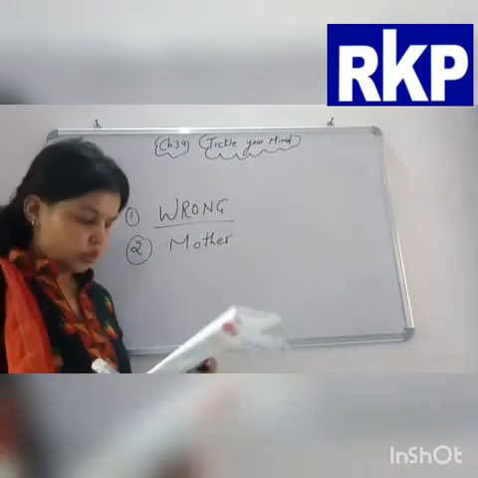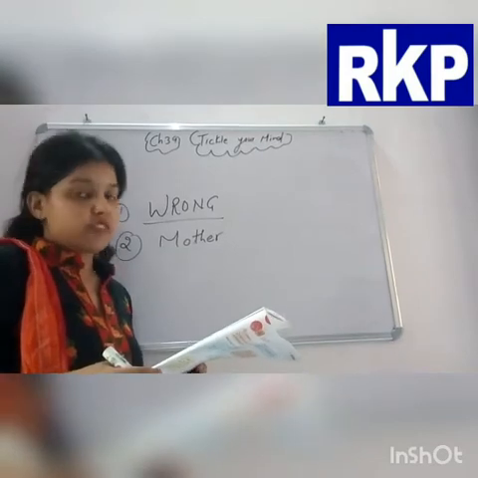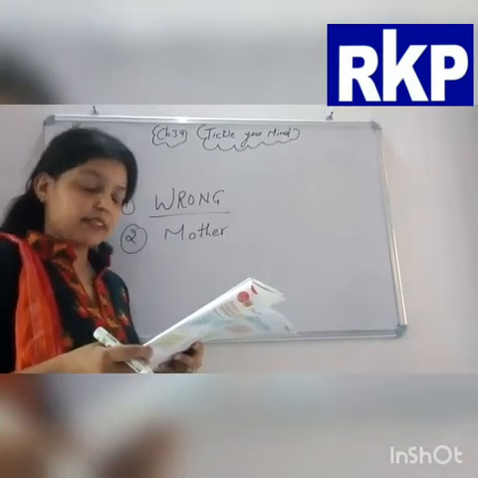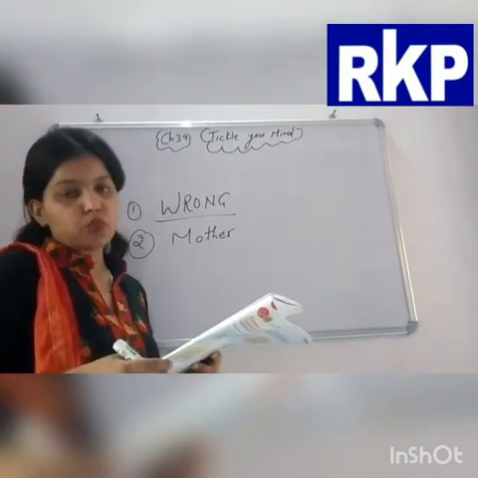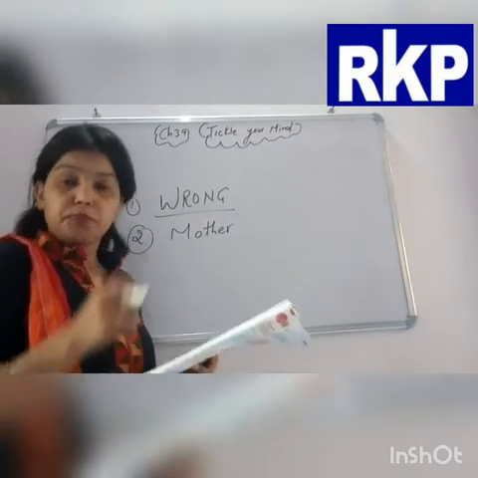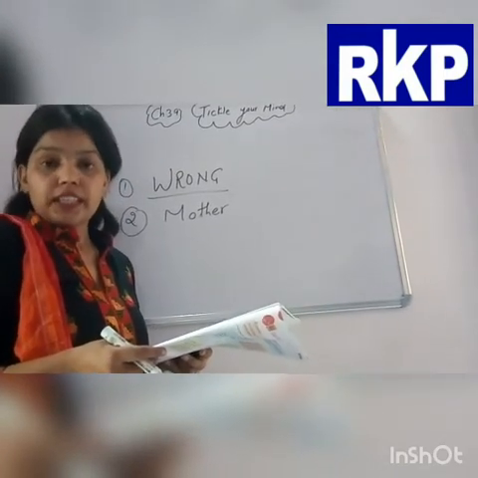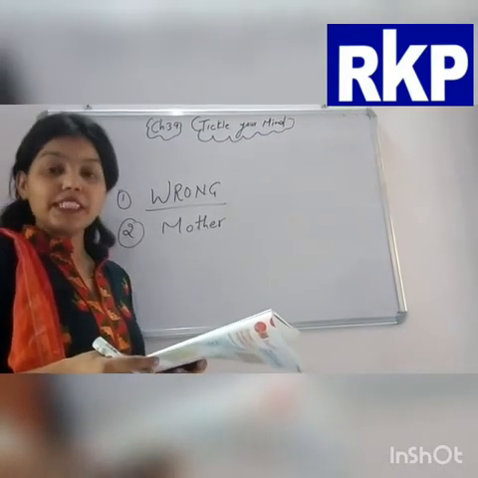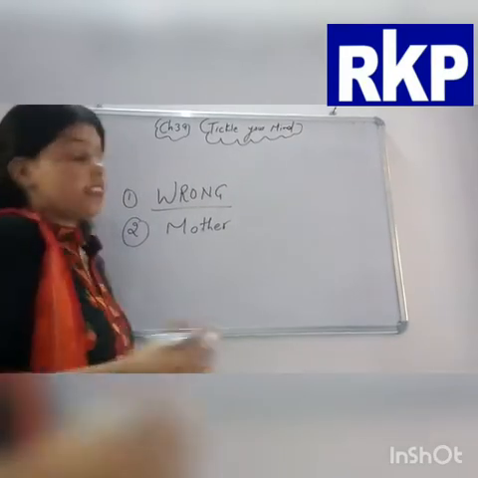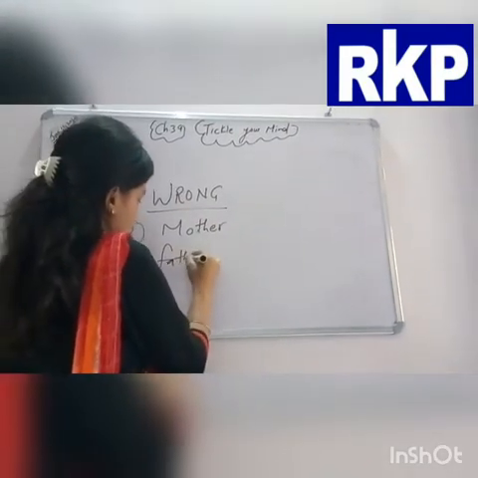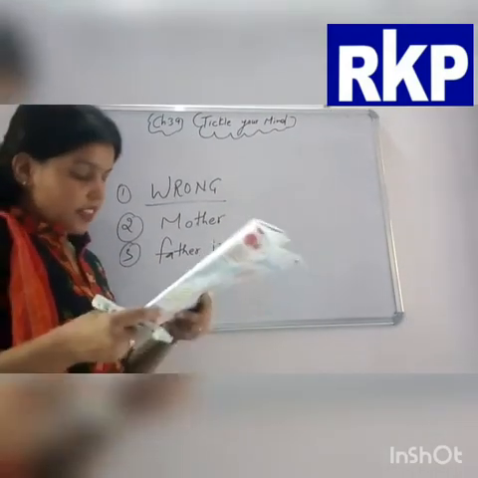Okay students, now come to the third question. Third question is Tushar and his mother and his father. Means three persons are here. Tushar, his father and mother went out in the rain, but only two of them got their hair wet. So why? Persons are three, but only two of them got their hair wet. It means the father was bald. Bald means the father did not have hair. So the right answer is father is bald. These are funny questions, students.